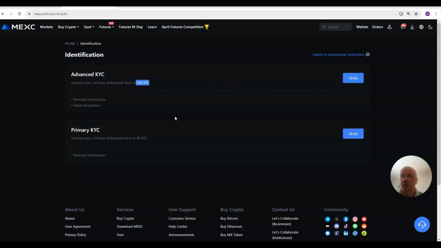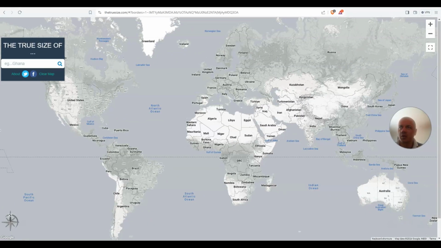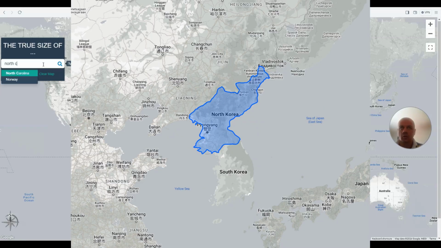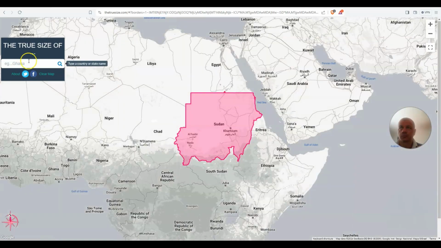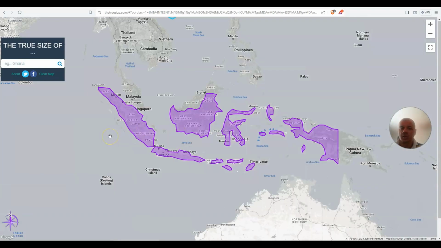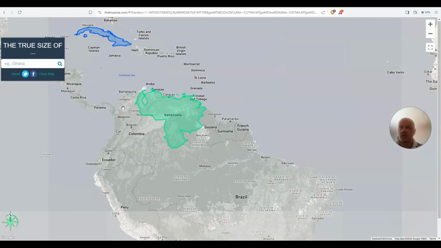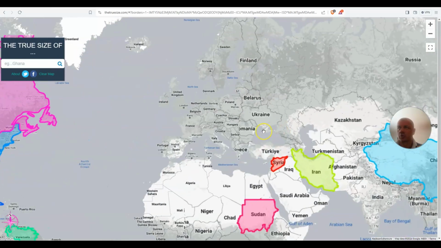One thing that is important, I would like to mention, the platform is not available all over the world, so let me share with you the list of the prohibited countries. And here is the list of restricted countries according to the MEXC terms page, last updated in July 2023. North Korea, Cuba, Sudan, Syria, Iran, China, Indonesia, Singapore, Venezuela, United States, Canada, and also